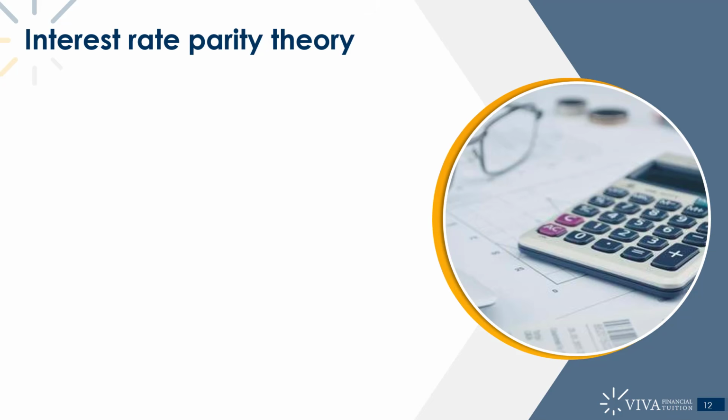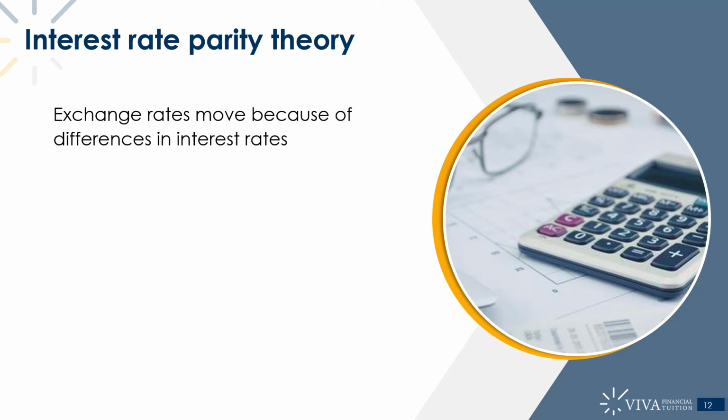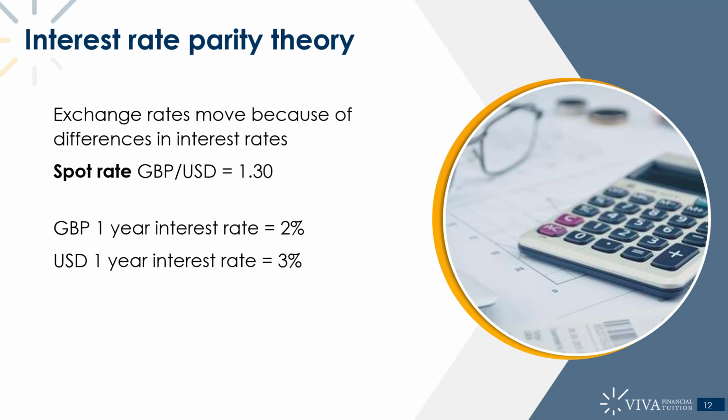Now, something quite technical, so hold on here. Interest rate parity theory. And this is talking about why exchange rates move. So one reason exchange rates change is because our two currencies have different interest rates. So in the example we've been working through, £1 gets you $1.30, the spot rate, that's today's rate. If we're told that the interest rate is low in pounds and higher in dollars, so you earn more interest in dollars,